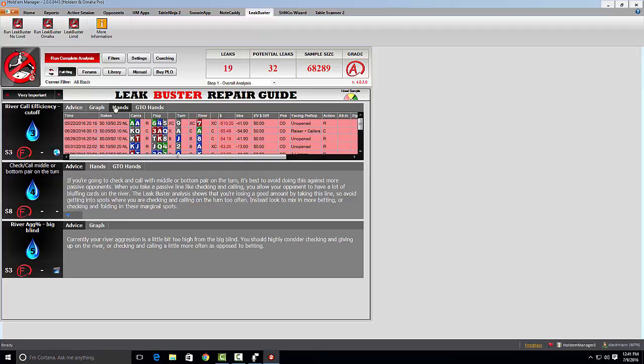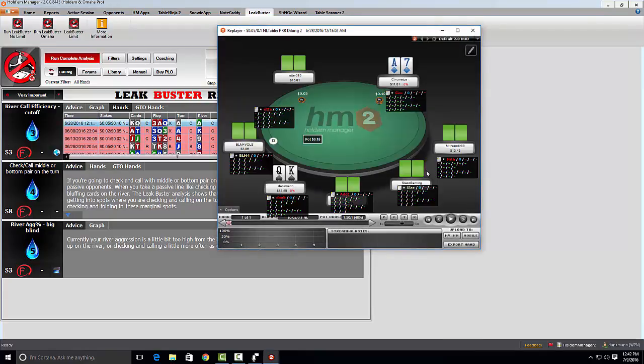So what you can do with this one, it actually brings up your hands where you are making that exact mistake, and it ranks it by your biggest loss. I'm going to do it by big blinds, because that's really what matters since I'm playing at different stakes. This one is from about 10 days ago when I'm playing a 10 NL game, and in this hand I